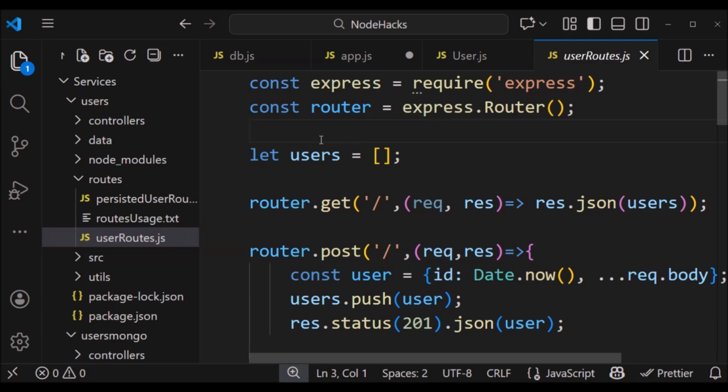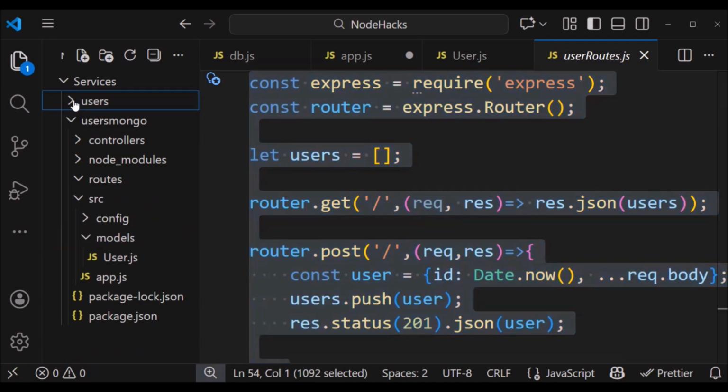These updated routes will now query MongoDB using Mongoose, return real-time database records, save data persistently, handle async operations, and give us real CRUD functionality. This makes our microservice production friendly, scalable and far more reliable than before.